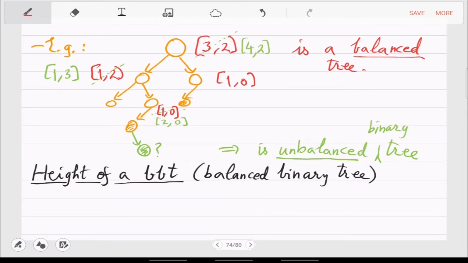Okay, so you have to give a formal proof that for n nodes, what can be the maximum height? It may be more than log n. And in the worst case, it can be n. So you have to calculate this, and the calculation will go to the very first week of this course. It's not trivial. Yes?